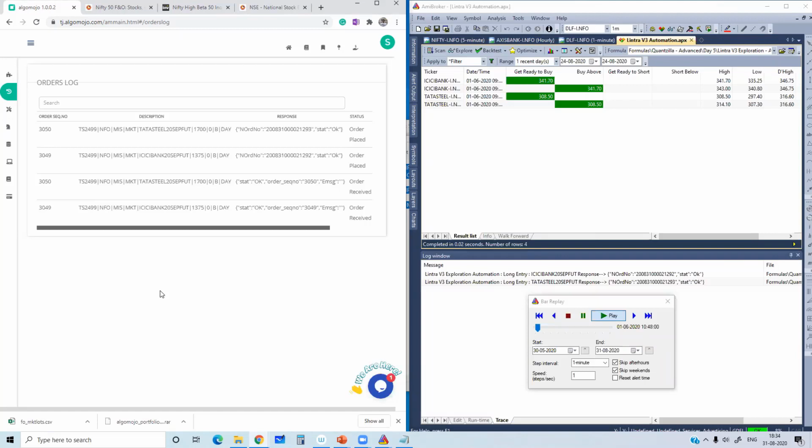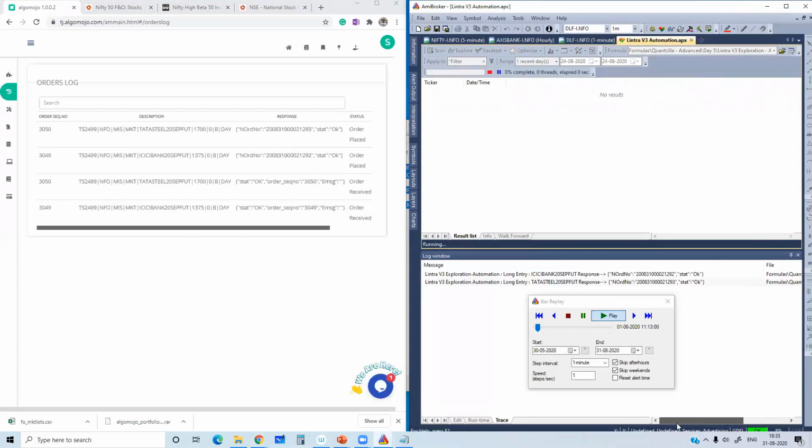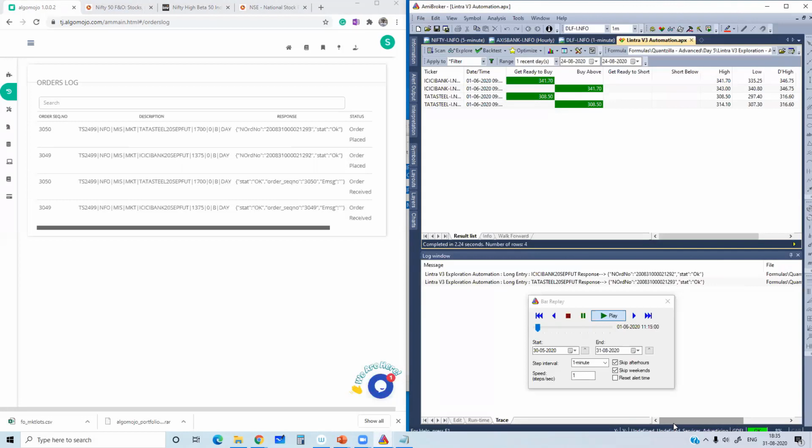But one time you do all the final checks, ensure that you're making only inside algo exploration, disable any unwanted trace log, have only meaningful trace log. So I'm having the trace log only for the order function: what kind of order ID I'm getting, whether the status is okay or not, at what time it was sent. Probably you can also add how many lot size has been sent, which chart ID is sending, all those information you can include in the log window.